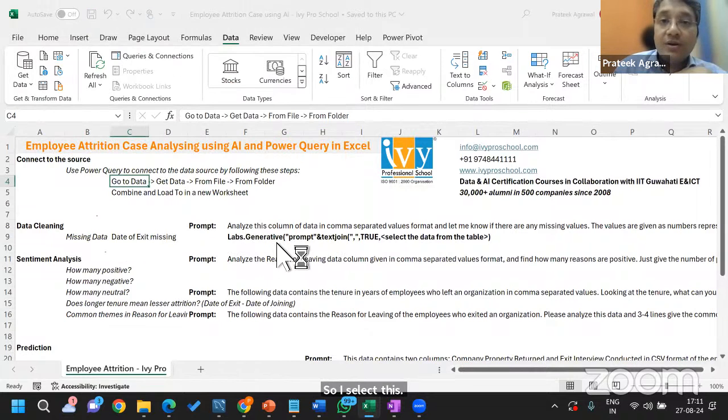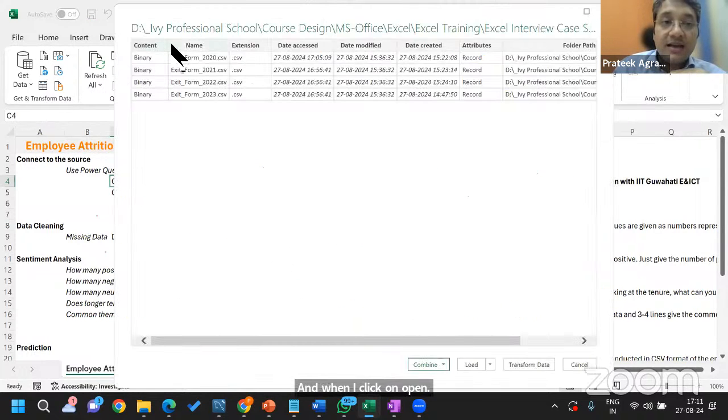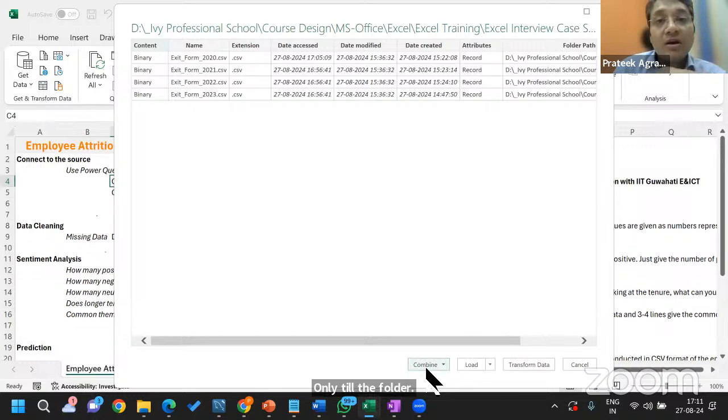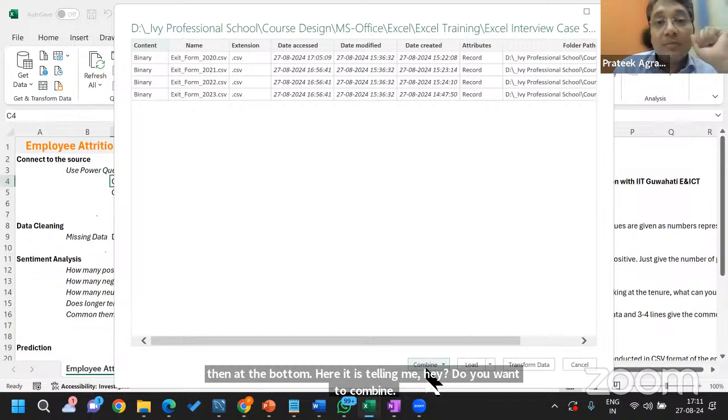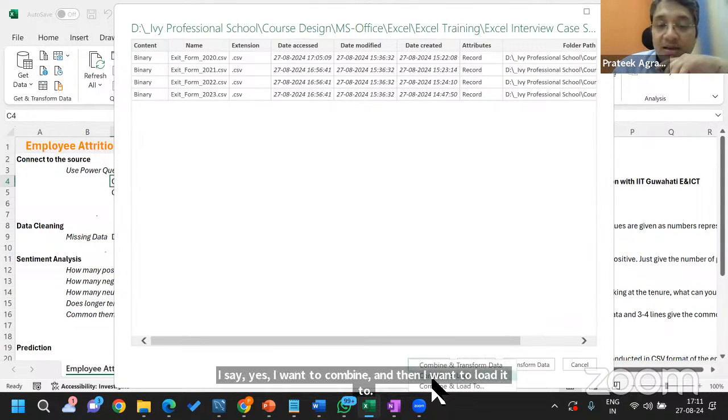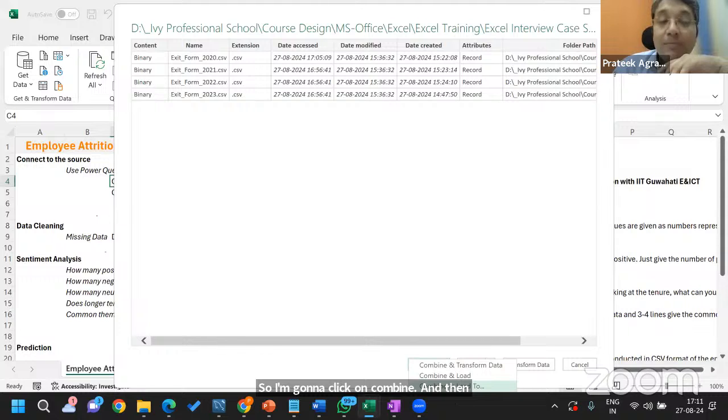And when I click on open, what it does is that it shows me that these are the 4 CSV files that it found in that particular folder. That is the reason why I had selected only till the folder. And then at the bottom here, it is telling me, hey, do you want to combine? So I say, yes, I want to combine, and then I want to load it to Excel. So I'm going to click on combine, and then it gives me a few options. I'm going to go to combine and load to, so that I can decide where I want to load in